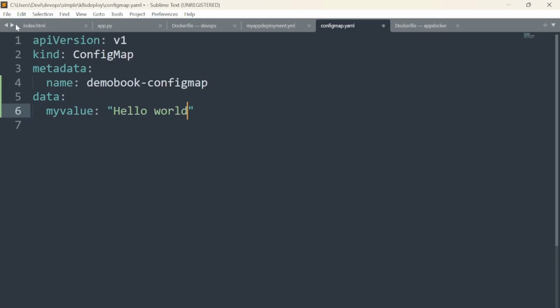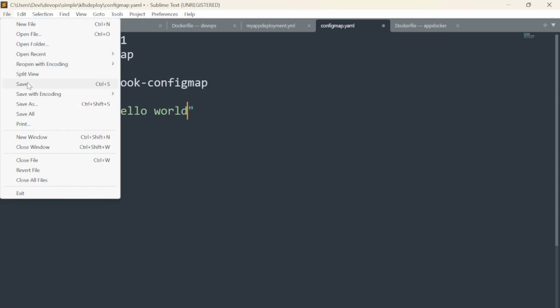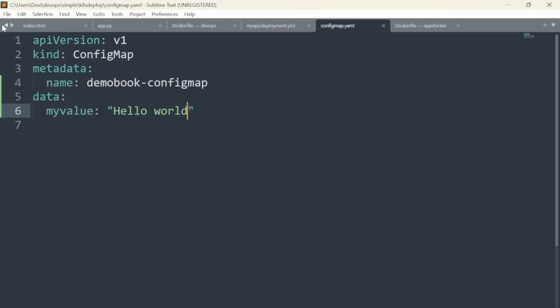So metadata is giving the name of the demo book config, and we are saving that file and closing